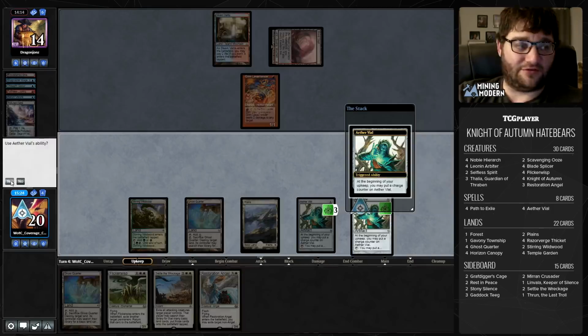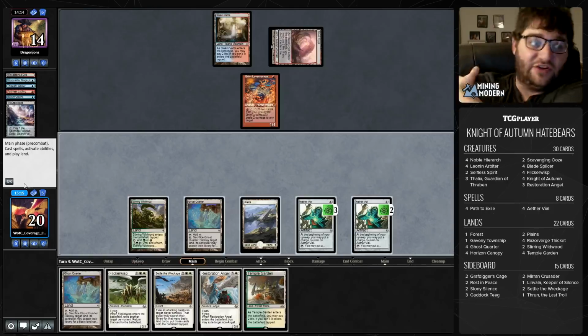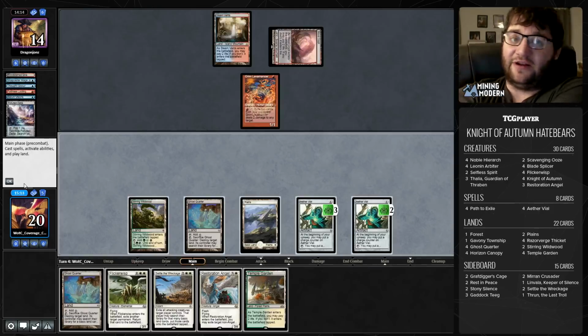We could draw a Scavenging Ooze, eat their graveyard. Or we could draw a land and do nothing like that. Oh, we have so many draws that would have just crushed what our opponent has going here, man. Imagine if we had a...